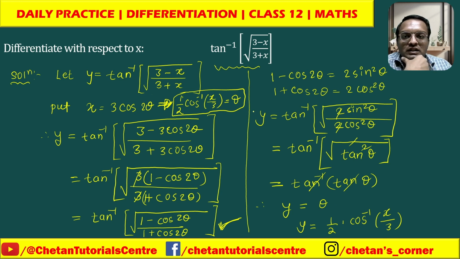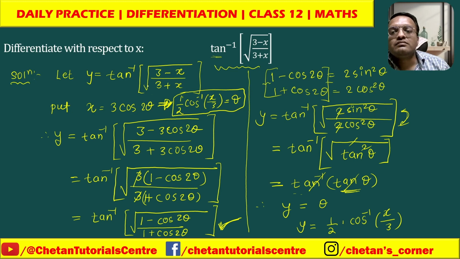How I have done this? Let's see. Now we know that here we have the function of tan inverse. So to cancel out this tan inverse, I need a function of tan. And this function of tan I have obtained by splitting this tan in terms of sine theta and cos theta. So in this way, this split has occurred, and this split has been obtained from this relation. And in this relation, the variable of cos 2 theta is obtained by substituting x is equal to 3 cos 2 theta. Once I substituted this value, then the given function gets converted into